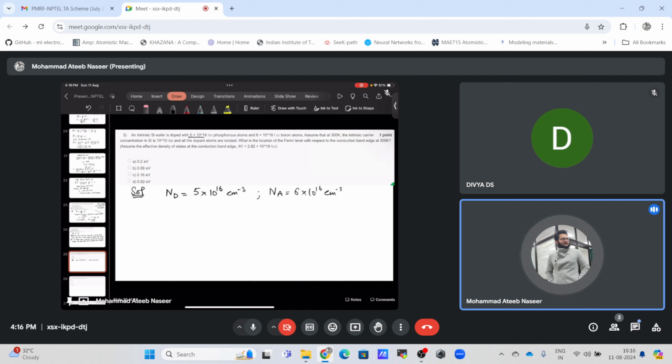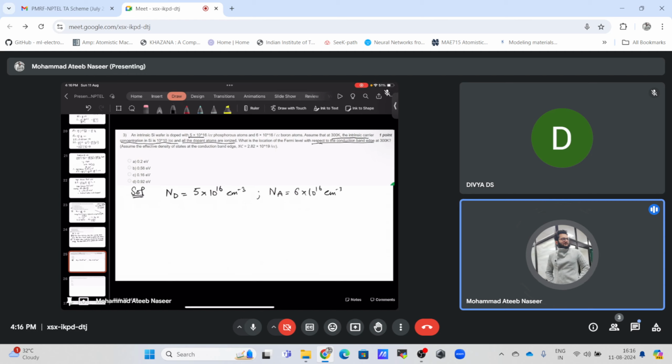So now we have to assume that at 300 Kelvin the intrinsic carrier concentration of silicon is 10 to the power of 10, and we have to assume that all the dopant atoms are ionized. So all the dopant atoms that we had have given a free electron, or they have been able to produce a free hole. Okay, so from this we have to find the location of the Fermi level with respect to the conduction band edge,